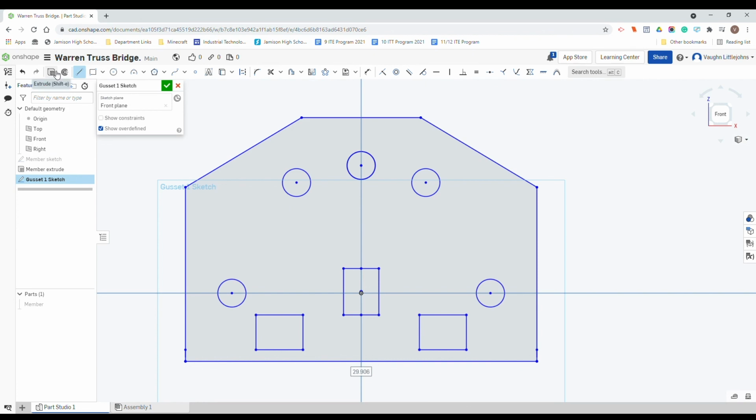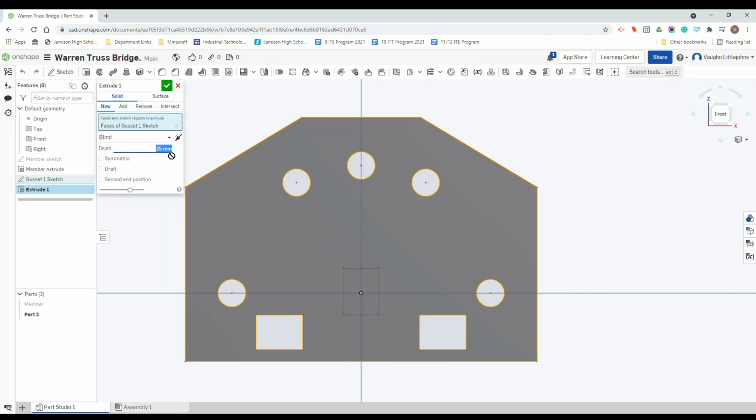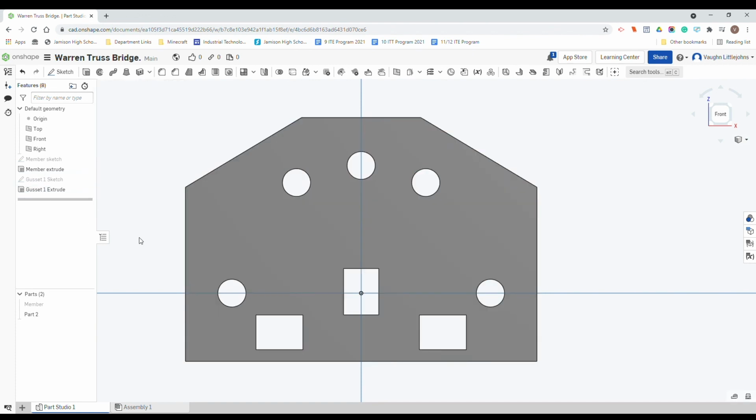So what we're going to do now is we're going to click extrude, change this to 3mm, rename it, gusset 1 extrude, and then there's our part. So last thing, we're just going to rename it, rename gusset 1,